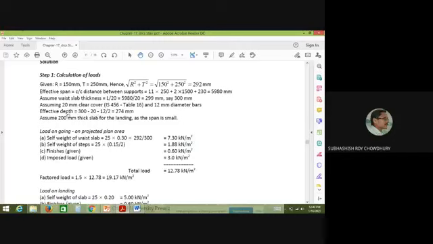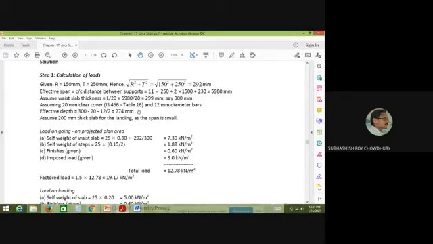I was asked, or some of you asked, in the last class. Effective depth is the depth of the center of the tension steel, the centroid of the tension steel, from the outermost compression face. For any flexural member we provide tension steel, and in the compression zone, in a singly reinforced section, we do not provide any steel. So from the outermost compression face up to the centroid of the steel, the distance is the effective depth. So 300 minus 20, the clear cover, is subtracted, and then half of the diameter of the steel has been subtracted.